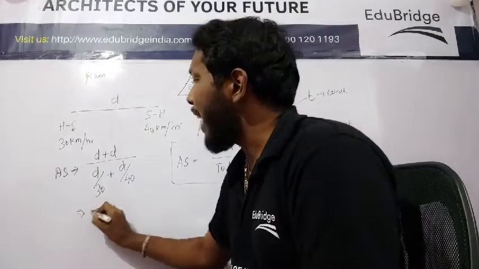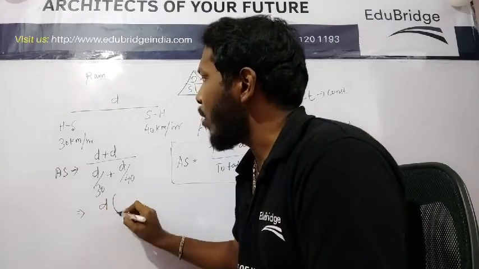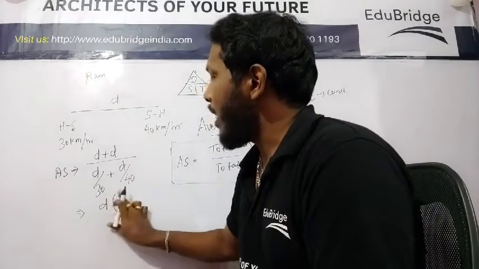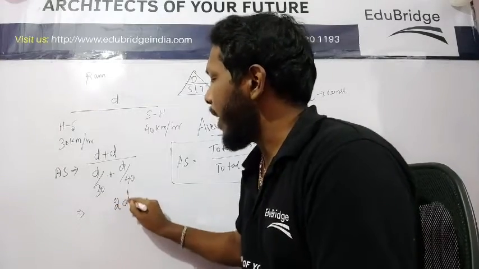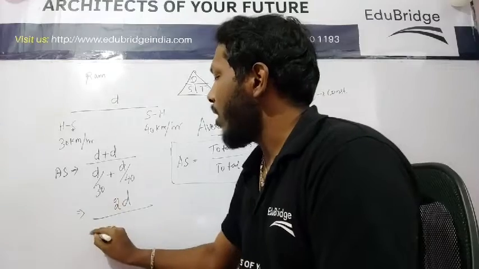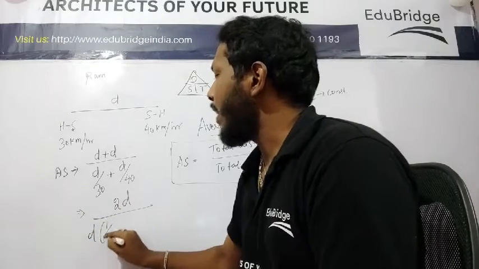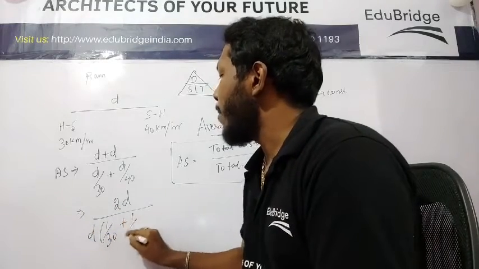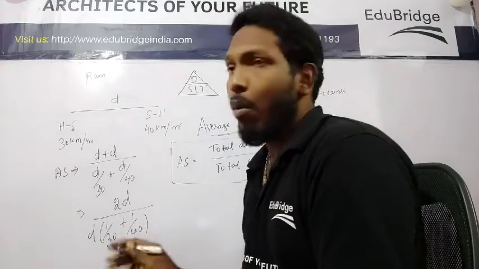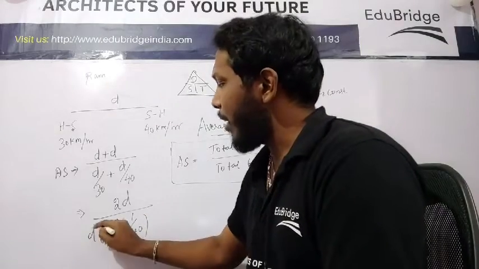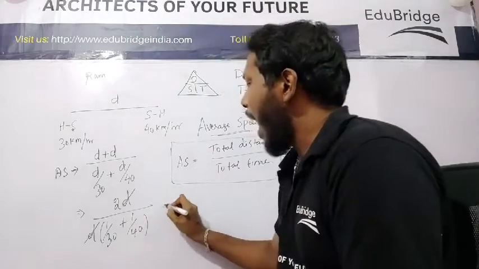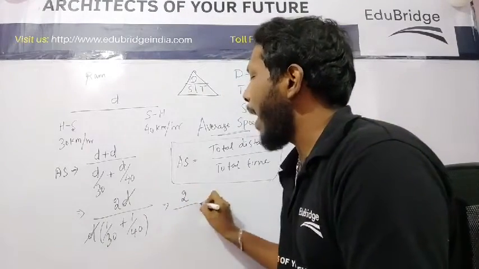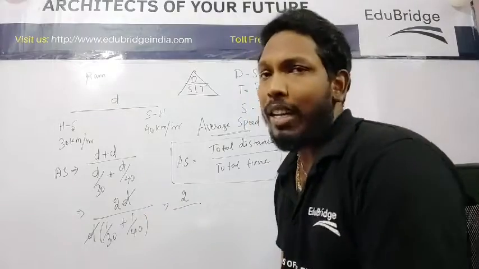I'm going to take d outside. If I take d outside, it becomes what? Here in the numerator, I'll have 2d by, if I take d out, 1 by 30 plus 1 by 40. Now what I can do, which is very simple, is cancel the d's. What will I get? 2 by 1 by 30 plus 1 by 40, which is nothing but